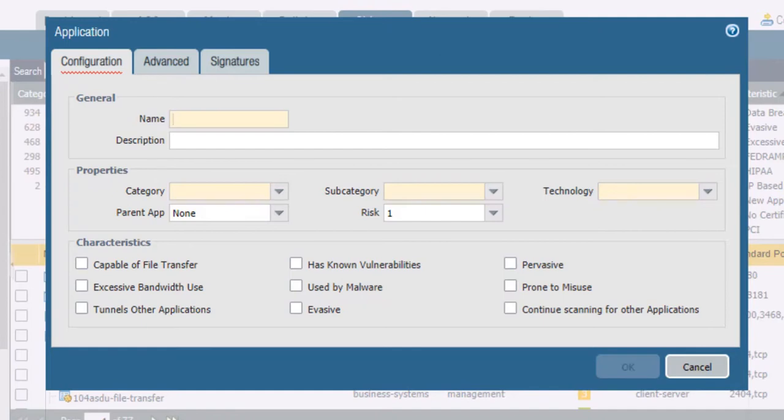First, on the Configuration tab, enter the name of the custom application. In this example, we'll use Olympic Games 2016. Optionally, you can then add a description of your application. In the Properties section,